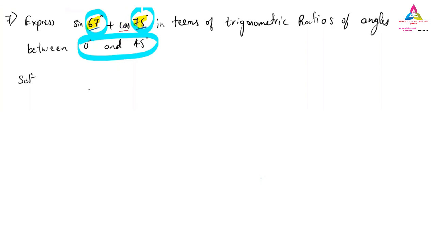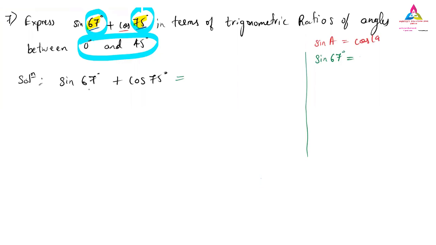Solution. That is sine 67. I want to make it a smaller number. It is possible to convert the 67 into a smaller number. So what can you actually do to the sine 67? Anyone? 90 minus 67. Yes. Because a sine value I can write in terms of cos 90 minus theta, or sine 90 minus A. Okay, that is possible.